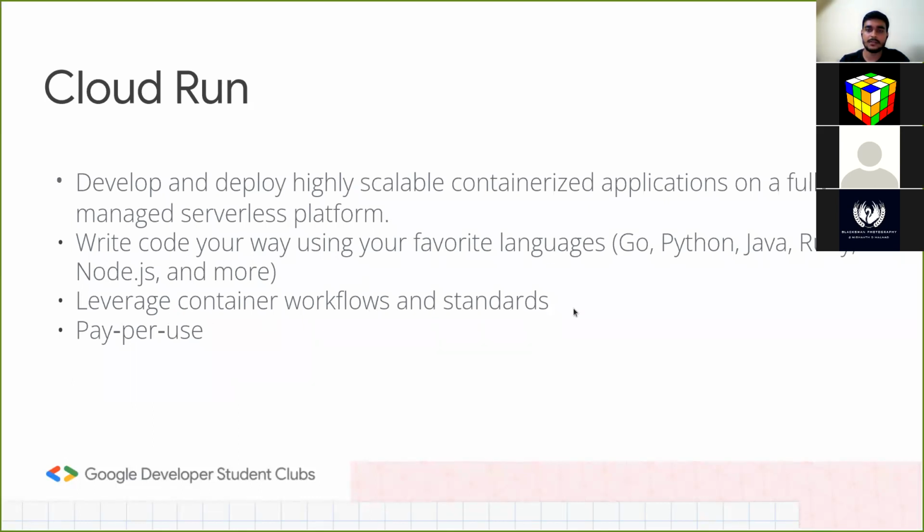Container workflow means you can just create an image and deploy it across different platforms, and there are some standards, some security standards also. So all these things will be common. You are not locked into Google Cloud's features or some restrictions. Container engines are open source and have open standards. So if you are using it on your own infrastructure, you don't have to do anything. You just have to upload your Docker image, and it will work without an issue.